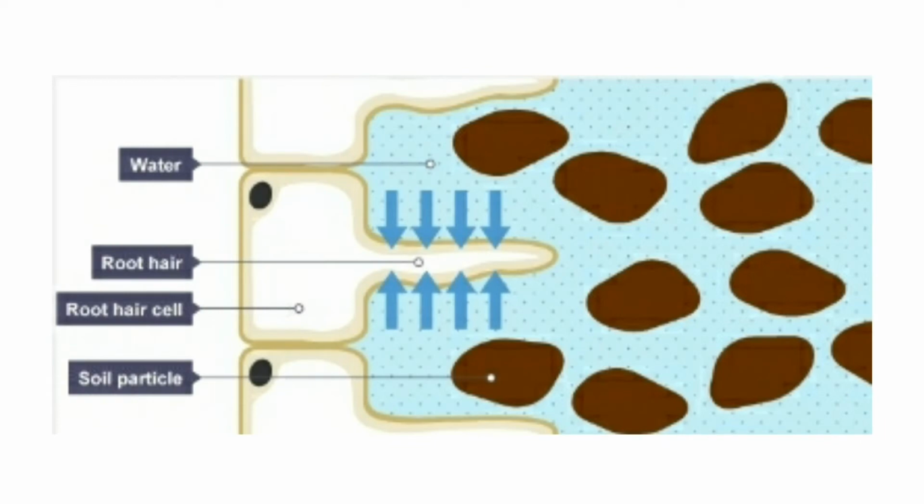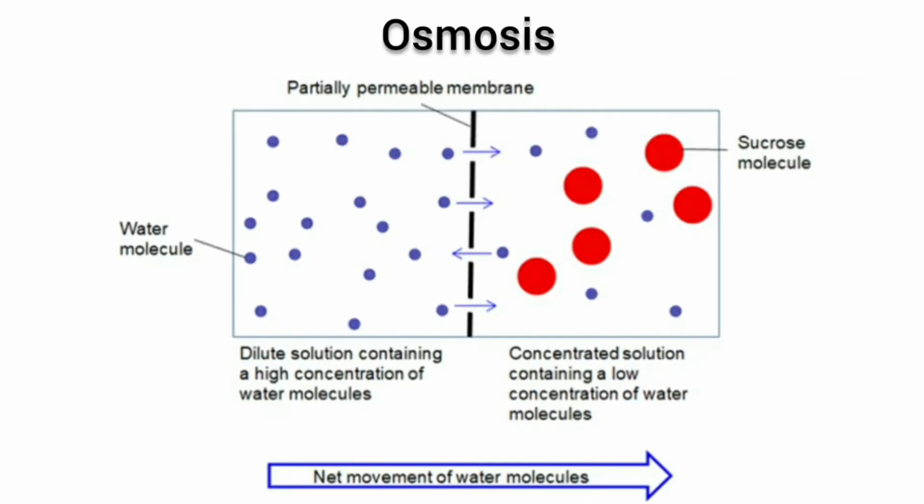The root hair cells are in close contact with the water that is surrounding the soil particles. So water on the soil particles is absorbed by the root hair cells. How does this happen? It is done by a process called osmosis. Osmosis is the movement of water through a semi-permeable membrane from an area of its higher concentration to an area